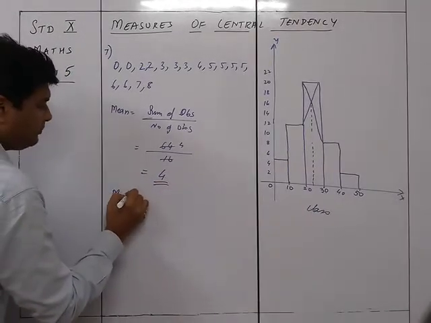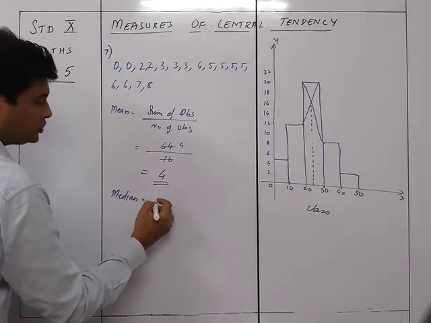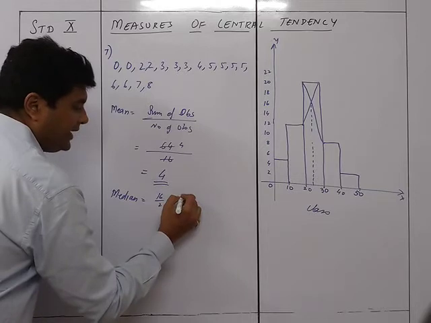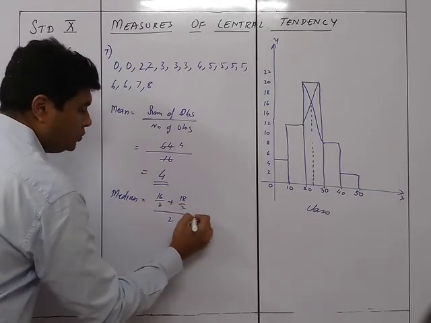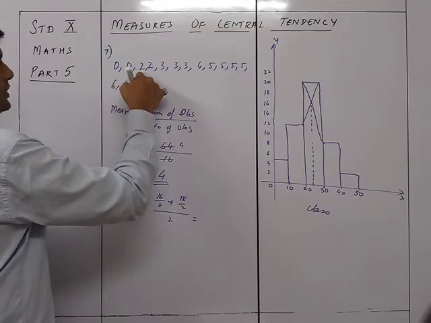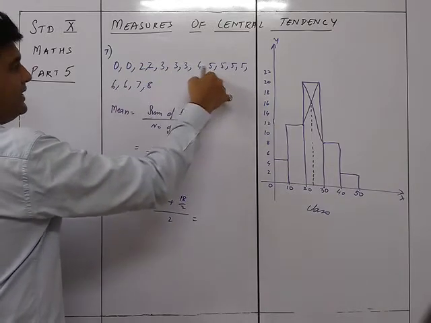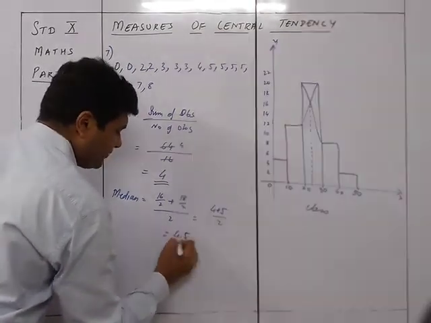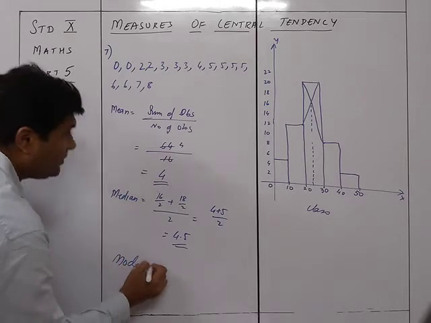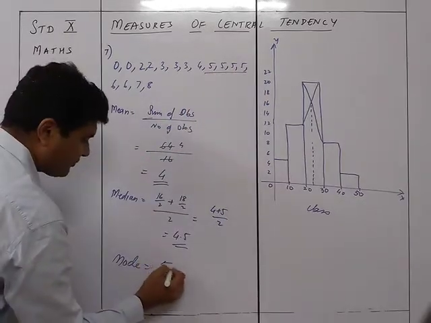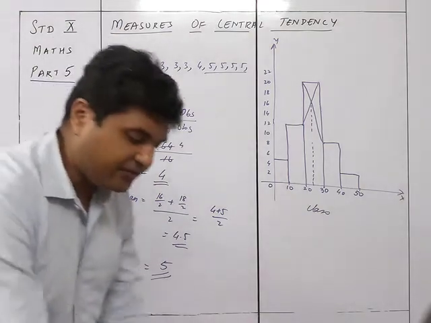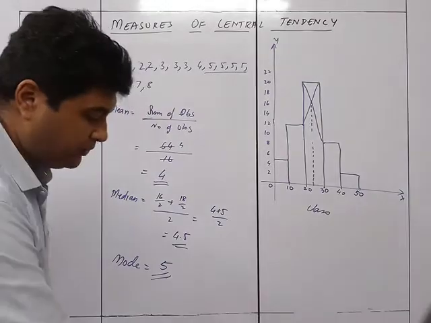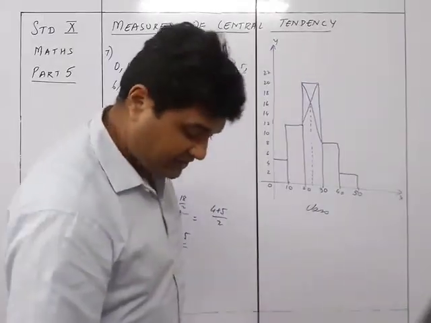The median is the central number. You have 16 terms. So it will be the 16 upon 2 th term plus the 16 upon 2 plus 1 th term, upon 2. So it is the 8th term, 1, 2, 3, 4, 5, 6, 7, 8. The 8th and 9th terms are 4 and 5. So 4 plus 5 upon 2 equals 4.5. And the mode will be the number occurring the maximum number of times, which is 5. So that's the answer for the 7th sum. In the 7th sum, what we got is 4, 4.5 and 5.